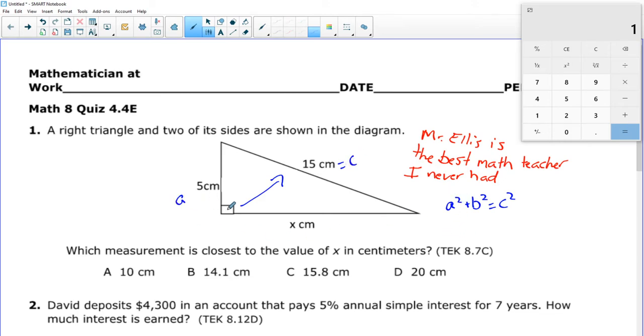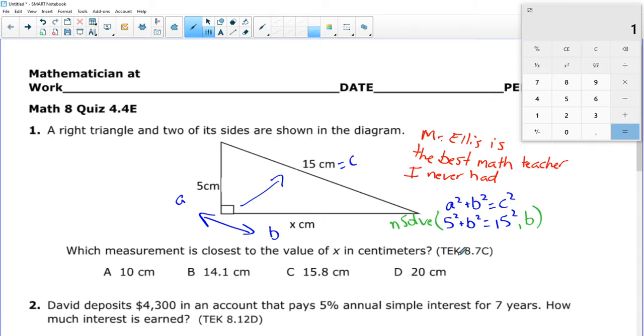So we can call this side a, we can call this side b. You can switch those two around; a and b are interchangeable. So we're looking at 5 squared plus, we don't know what b is, that's x squared equals 15 squared. If you're using your calculator, you can use nsolve, put all that in, and you'll get your answer. Now, if you don't have a fancy calculator,